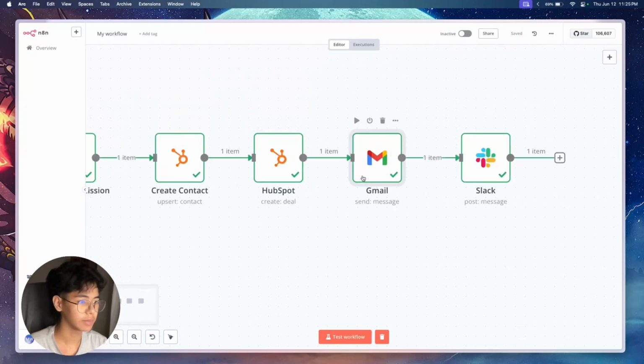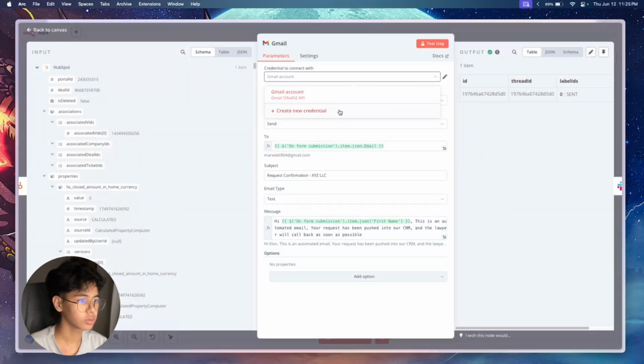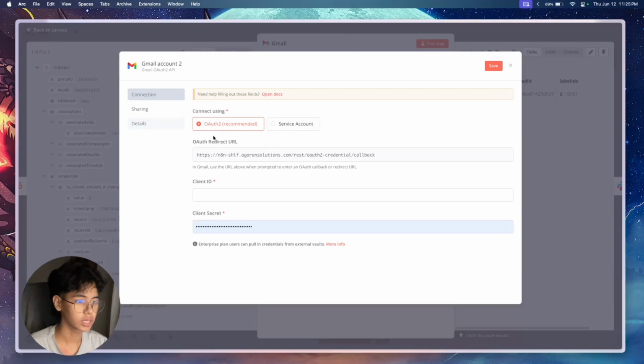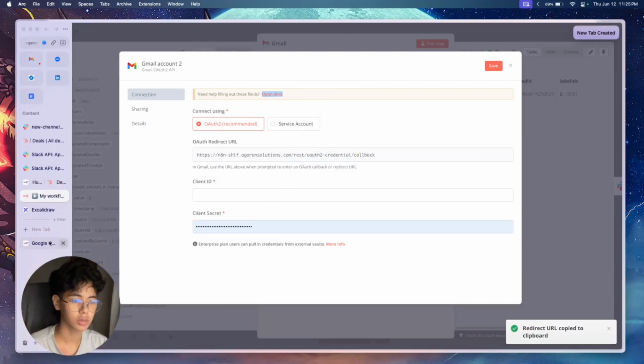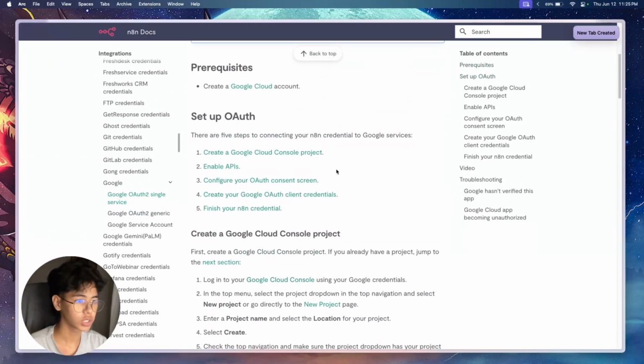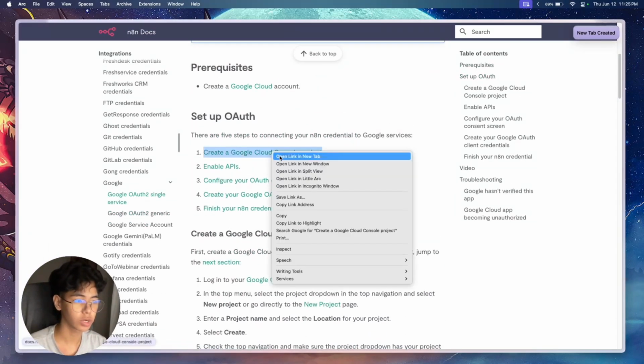Next, we have the email account. For the email account, same process. It is OAuth 2. I recommend you follow these docs right here. It is fairly straightforward. What you need to do is create a Google Console project. Just click the link